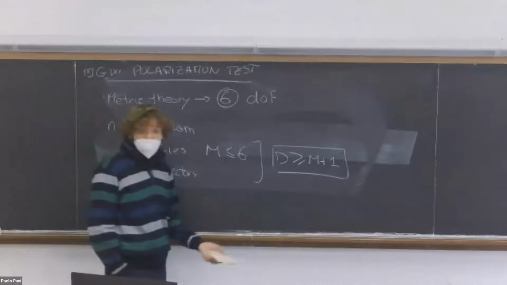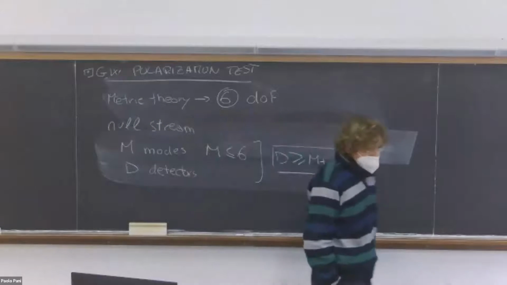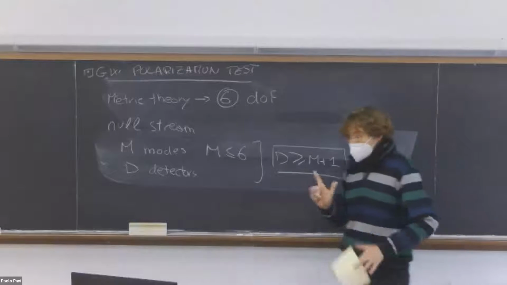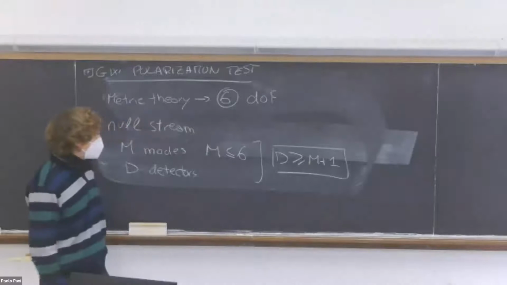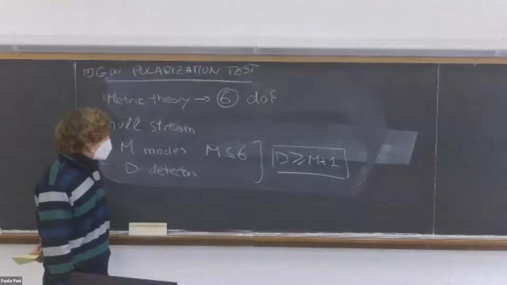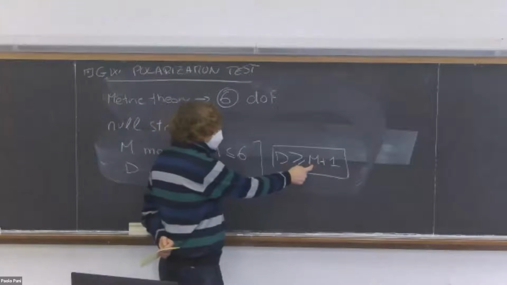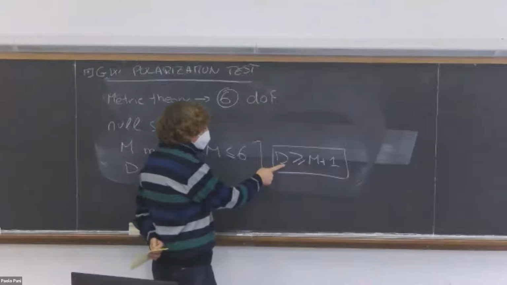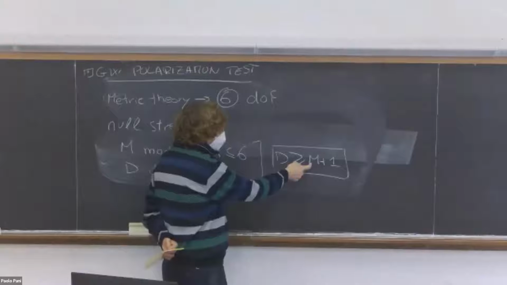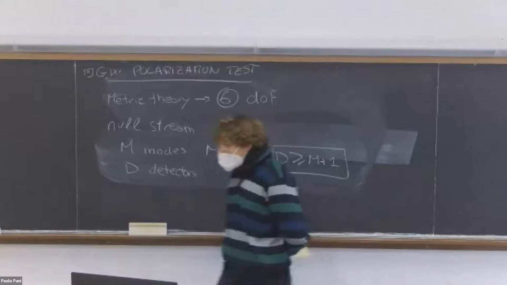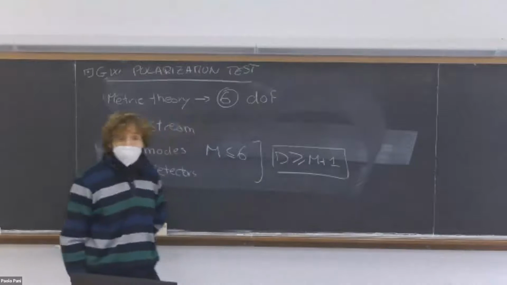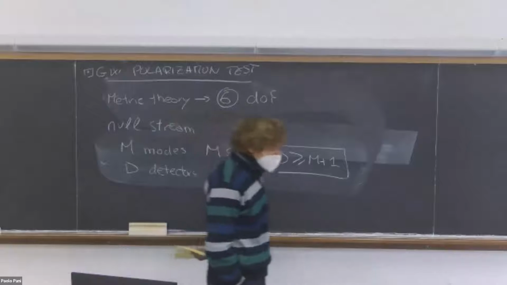And of course, the more detectors we have, the better, because it allows us to construct different orthogonal projections and therefore make more tests. And if, for example, we want to test 2 polarizations, we will need 3 detectors in general. If we want to test 3 polarizations, at least, except for particular configurations,